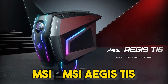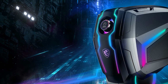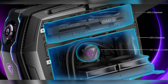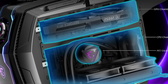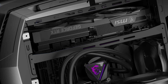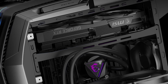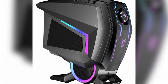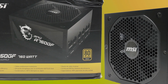MSI Aegis Ti5. The very next striking and cutting-edge gaming computer on our list is the Aegis Ti5. The Ti5 is divided into 3 distinct cooling compartments for the PSU, GPU, and CPU in terms of the setup. The CPU compartment is a level above. The GPU compartment is at the top of the chassis. And the PSU compartment is a round drum at the bottom of the head that houses a 750-watt 80+ gold